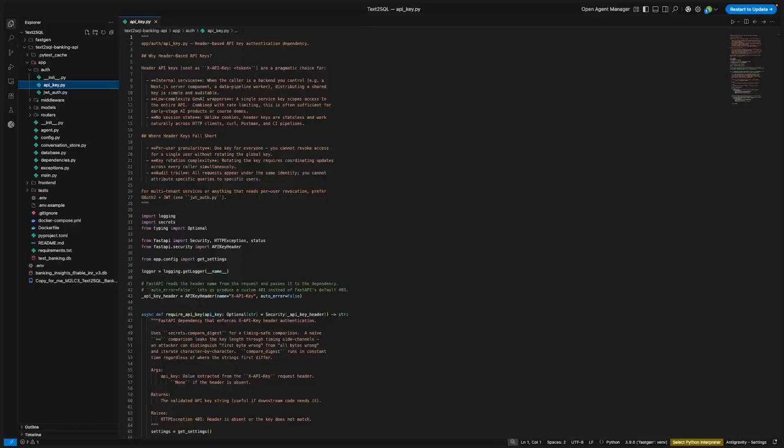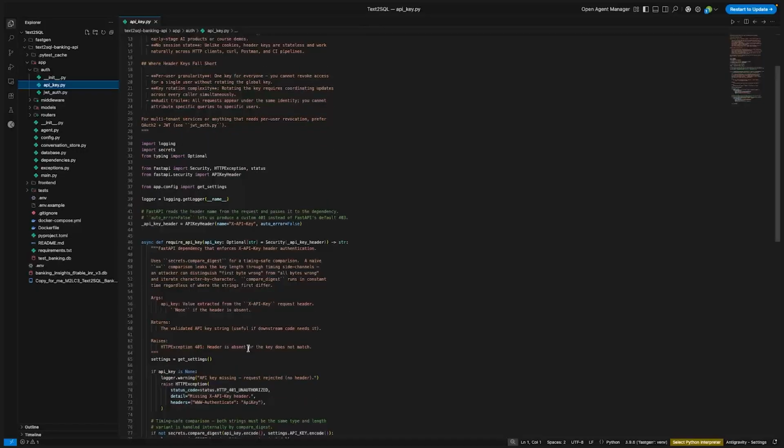Now, let's jump on to authorization. So, what we do here is a header-based API key check. Two things worth noting. Auto error is set to false so that a missing header returns a 401, not 422, which means malformed request, and 401 means missing credentials. The distinction matters for the client. The comparison uses secrets.compare_digest instead of equals. This prevents timing attacks, where an attacker can detect a mismatch byte by byte based on how fast the comparison